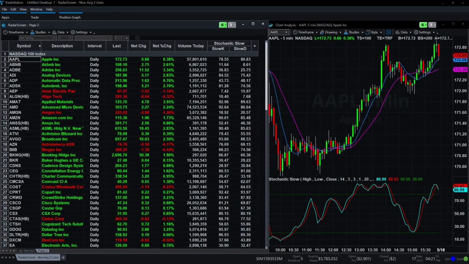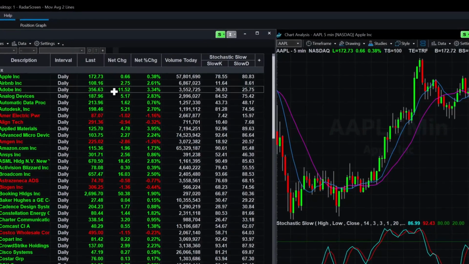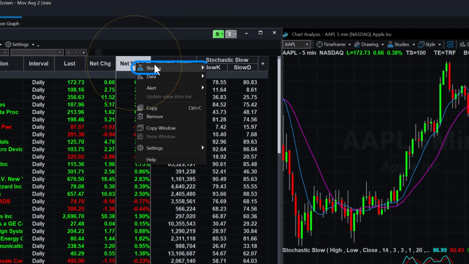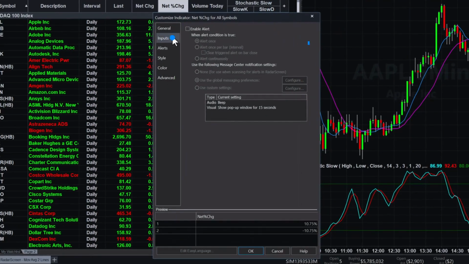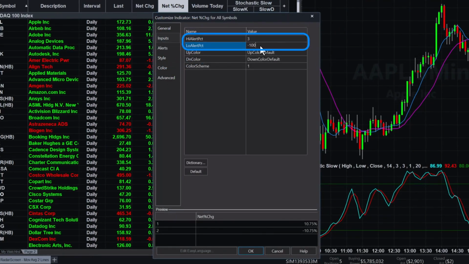To avoid missing trading opportunities, you can set your studies to trigger real-time alerts and send notifications when conditions and rules are met. For example, let's suppose we want to be alerted if any symbol on our list increases or decreases by 3% since the prior day's close. I right-click on the column header for net % change, go to Studies, and select Edit Net % Change for all symbols. In the Inputs tab, I enter my high and low alert percentages,